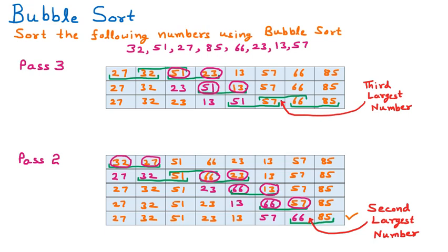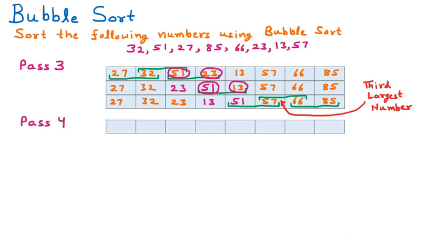So bubble by bubble we are going to get the largest numbers at the proper position: first largest, second largest and the third largest. And one more thing we are observing: whenever we go level by level, meaning pass by pass, the number of times we are swapping is going to decrease. Just like in the first pass there were multiple swaps, in the second there were fewer, and in the third we can see there are even fewer swaps. So similarly, pass by pass, the swaps will be even fewer. So now we are going on to pass 4.